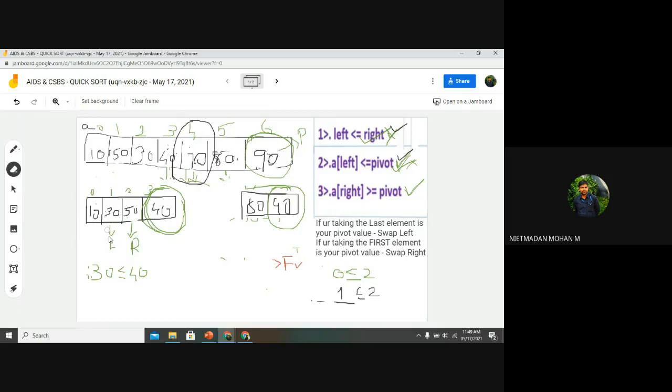If the condition is true, I want to move the left one step forward. So left and right will be placed in the same position. So again, I will check the condition. 50 is less than or equal to 40. The condition will be false. So what I want to do is check the right hand side. So right hand side 50 will be there. 50 is greater than or equal to 40. The condition